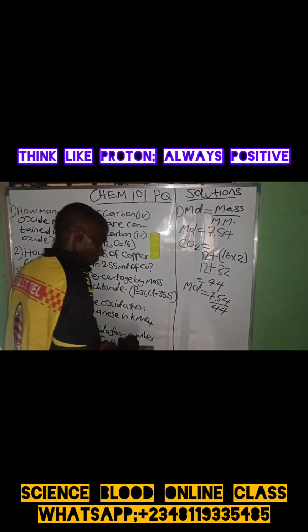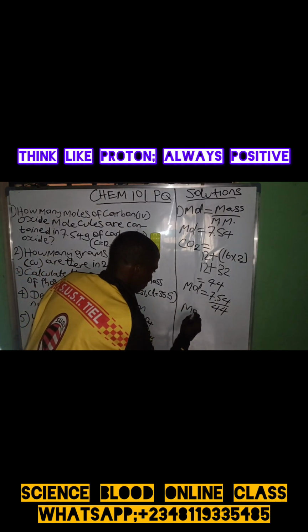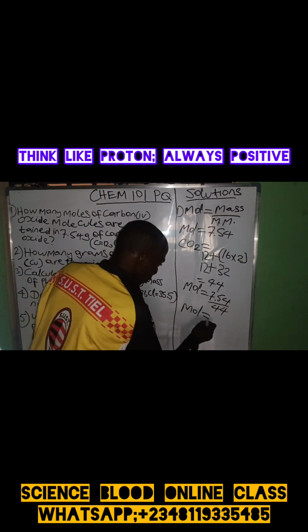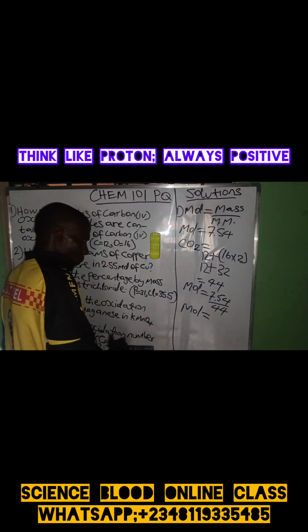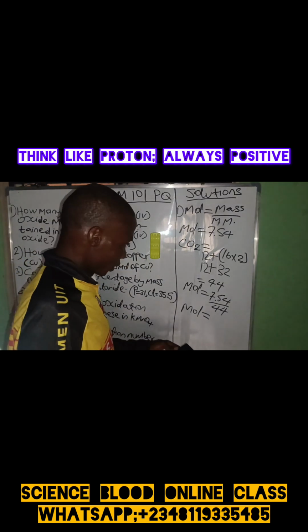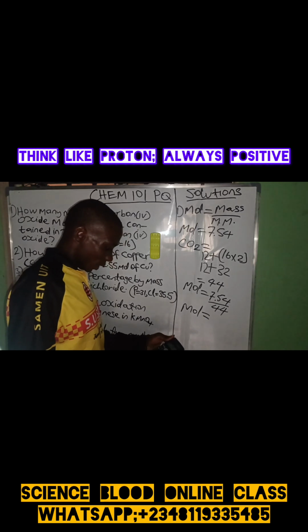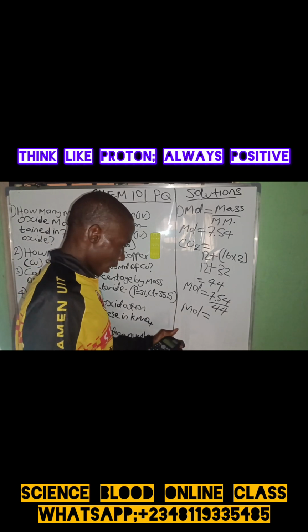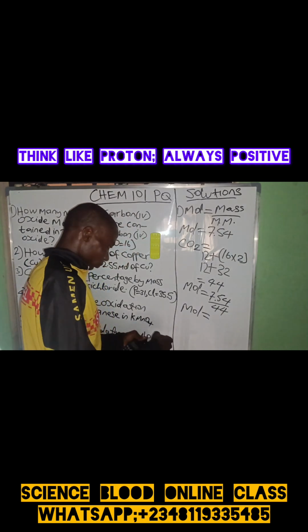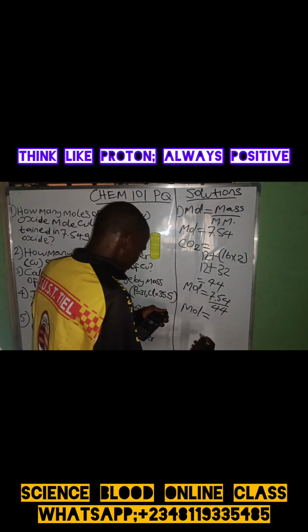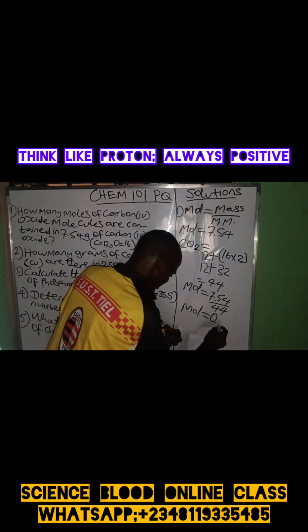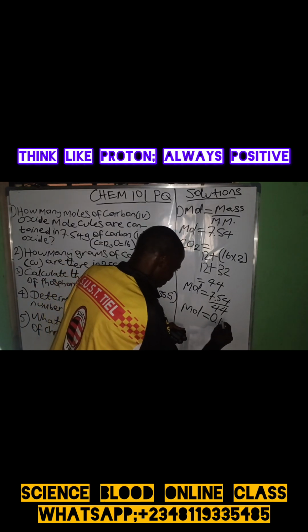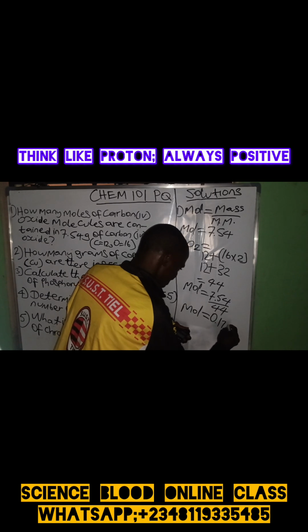All right, the moles equals, so once we point this in our calculator, let's see what we have here. We have 7.54 divided by 44, and this is approximate to 0.171